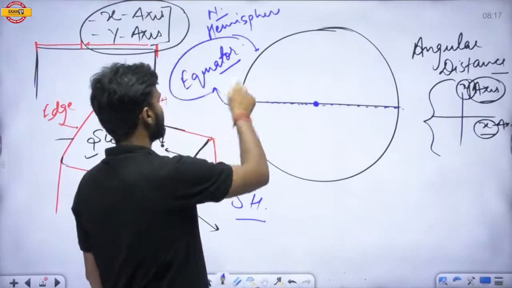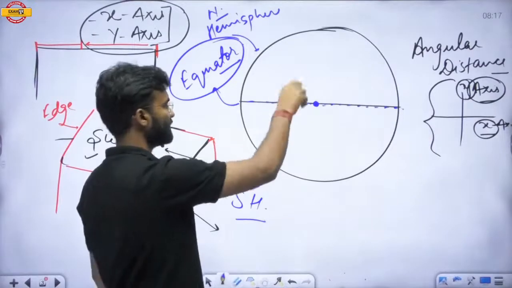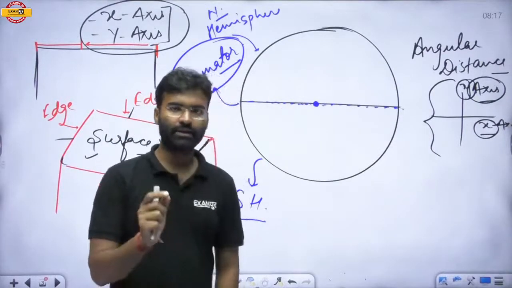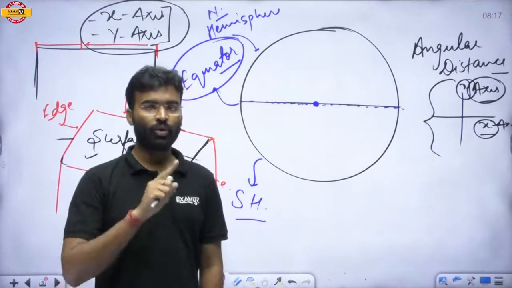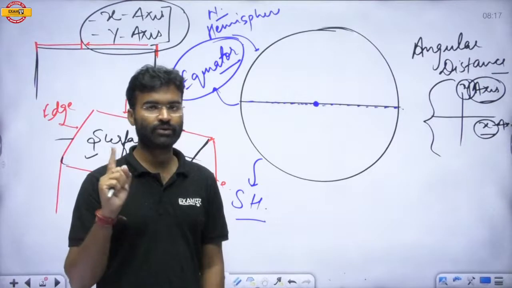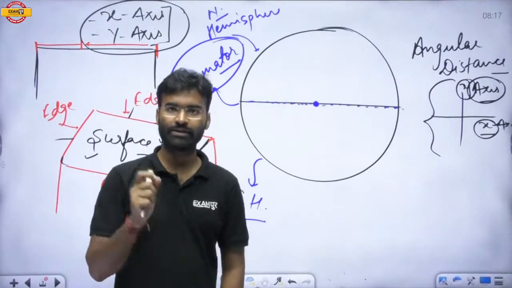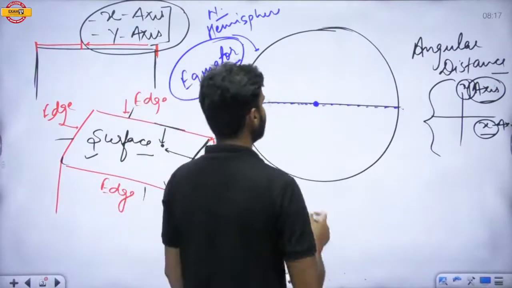Why is it called the equator? Because it equally divides the earth horizontally into two hemispheres. So we got an imaginary line that is common for the entire earth's surface, and only one line can be drawn which divides the earth horizontally into two equal parts, and that is the equator. And on the basis of this equator,